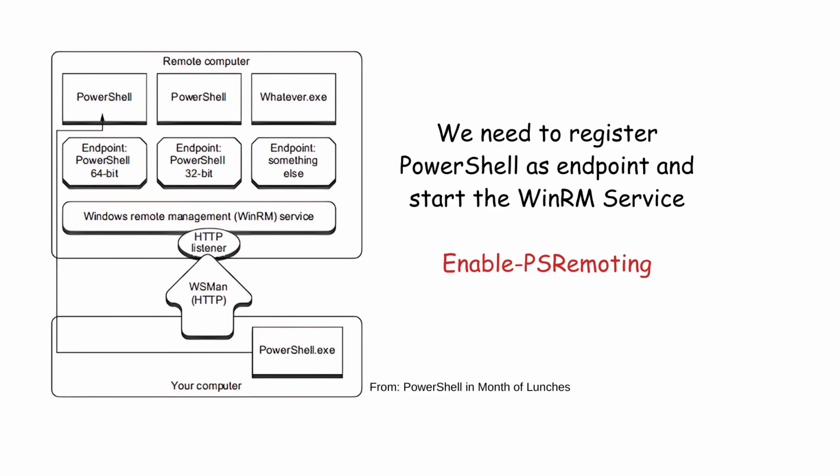Quick note, you only need to configure WinRM and PowerShell remoting on those computers that will receive incoming commands. And aside from PowerShell, WinRM is used in other applications too. It is capable of routing traffic to multiple applications, so WinRM acts as a dispatcher, meaning when traffic comes in, WinRM needs to decide on the application that will use that traffic. WinRM traffic is tagged with the recipient application, so those applications need to register as endpoints with WinRM so that WinRM listens for that application's traffic. Now with that information in hand, we need to register PowerShell as an endpoint and run the WinRM service to enable PowerShell